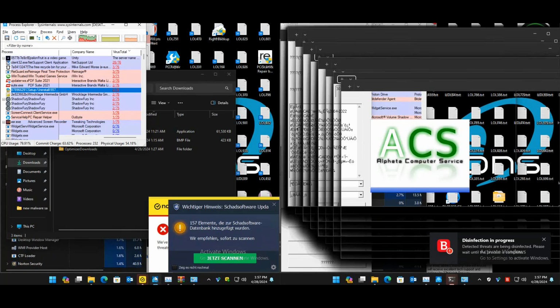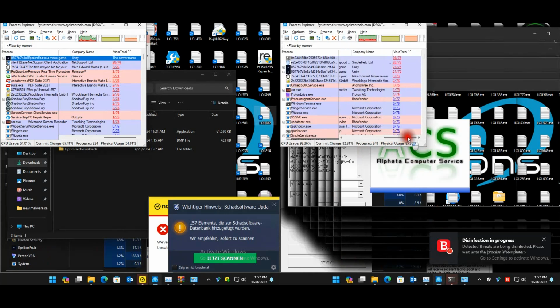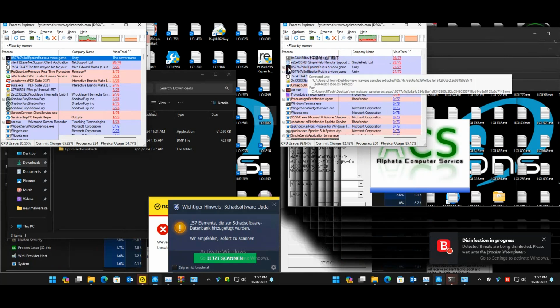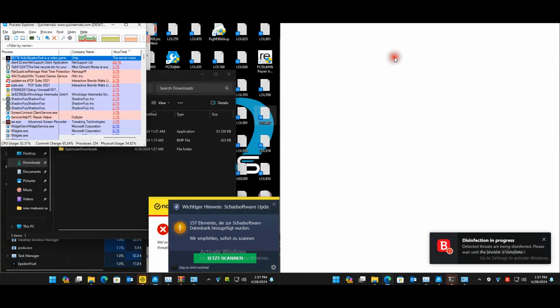Norton was done before Bitdefender, so I was just waiting for Bitdefender to finish. Now with Norton we can see on PE that we only have these 2 threads that might be an issue, but NetSupport is just a product that's obviously being used for remote access, and then we've got this program that's running here. I think it's the same on Bitdefender. As you can see, Bitdefender has a little bit more running in processes as of now. So 057, so we can have a look at these 3.